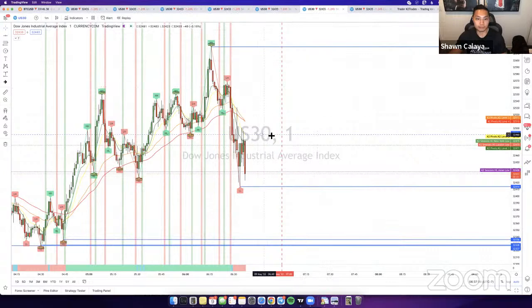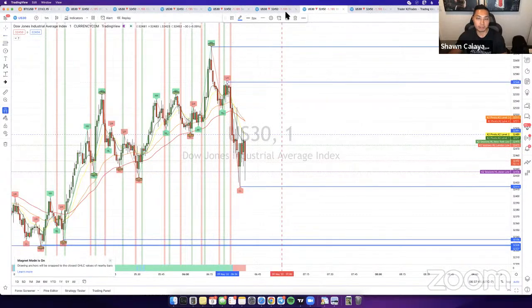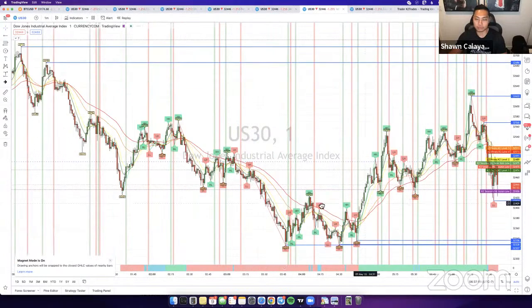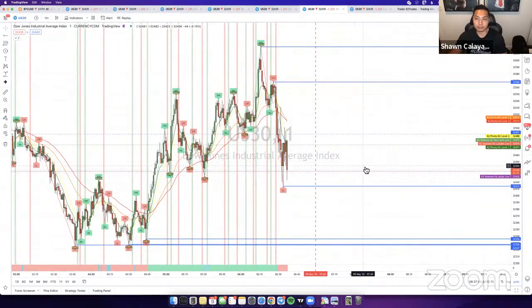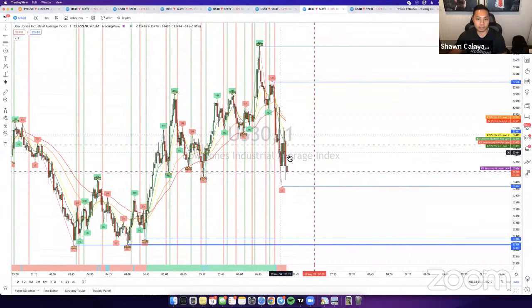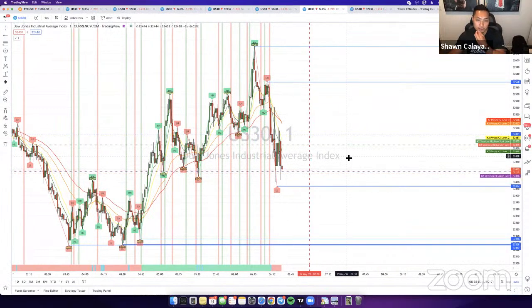Other than that, there's nothing else for us to take at the moment. When we do get something, obviously I'll mark it up and let you guys know, but right now we're going to be a bit conservative. It is Monday, so just keep that in mind. Monday and Fridays are some of the riskier days to trade. So you want to be very conservative with the moves you decide to take, and make sure you're only taking quality entries. Because if you hopped into this breakout because you thought the candle was strong, just like I did initially, then you could have made profit, but you also could have lost if you got in at the wrong time.